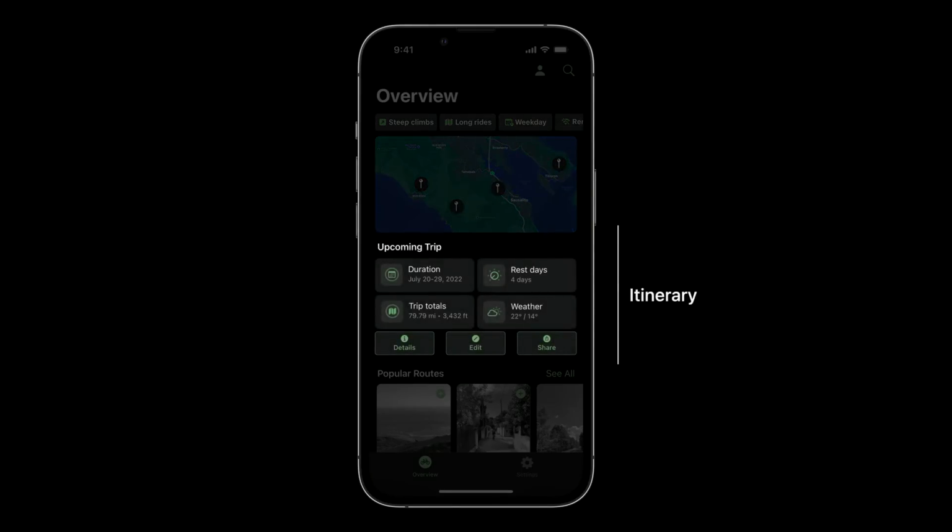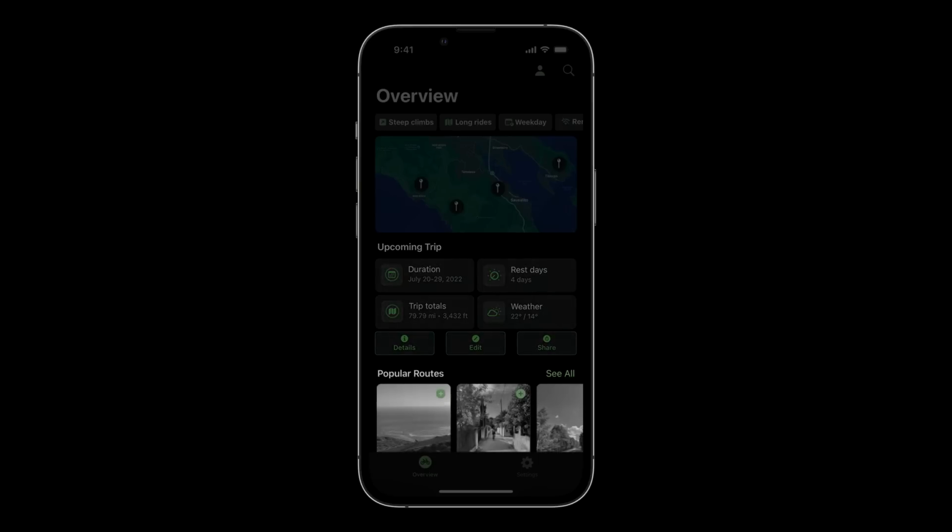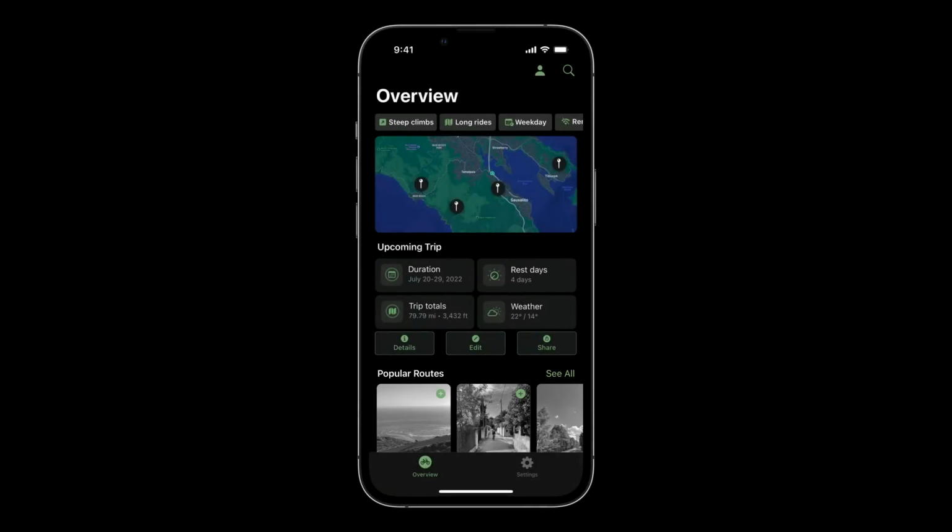Then there's a section with an upcoming itinerary that I can interact with by editing the content or inviting friends. And then there are routes grouped together in collection views. It can be tempting to add all your functionality into one tab, just like this, because it's available at a glance. Or maybe your app has evolved over time and you've lost sight of grouping your functionality into sections on the tab bar. Well, today, I invite you to reconsider this in your app.